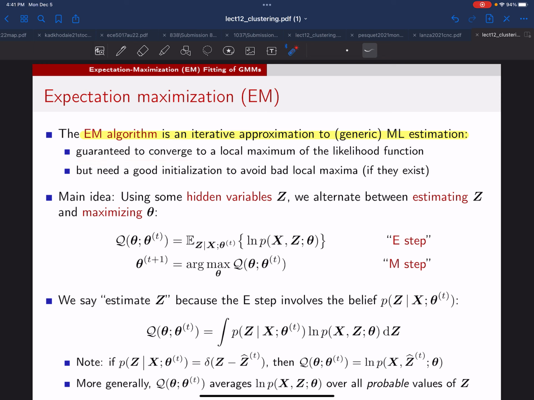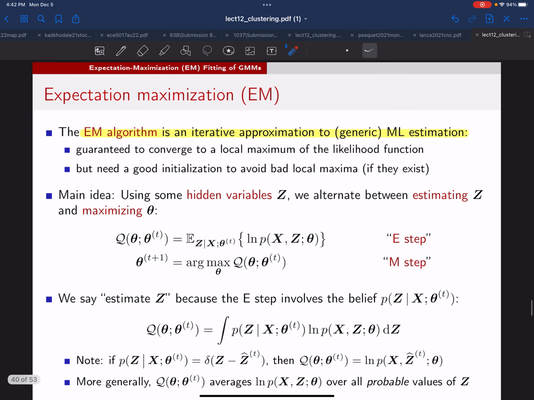So that's part of what we want, but we want more than that. We would like it to converge to a global maximum. That's, again, very difficult. In this case, with the EM algorithm, you need a good initialization to avoid those bad local maxima. But in many applications, there are ways to get those good initializations. So we'll talk about that later for this Gaussian mixture model fitting problem. But let's just focus on the generic EM algorithm applied generally to